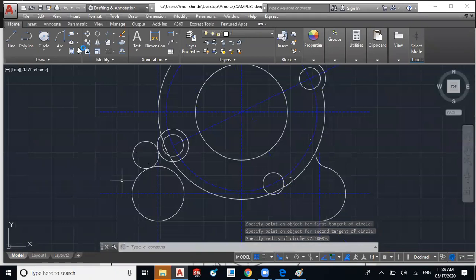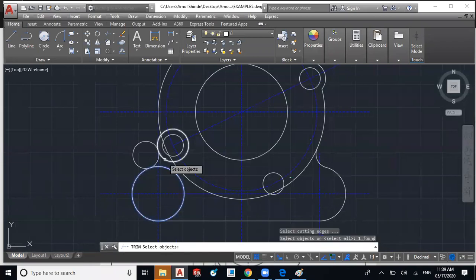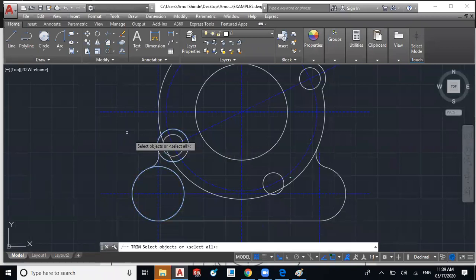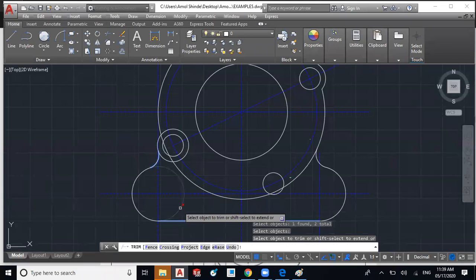Okay, now we will use the trim cutting edges. Now to trim this circle, the below circle, you can use this cutting edge as an arc, and this horizontal edge, enter, and the inside part you can trim.